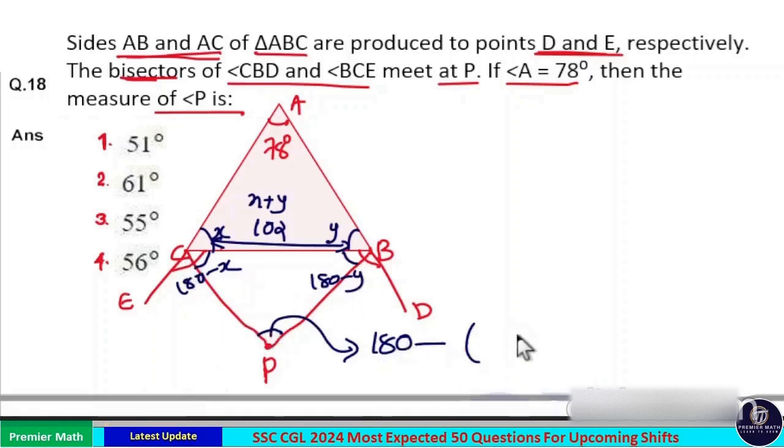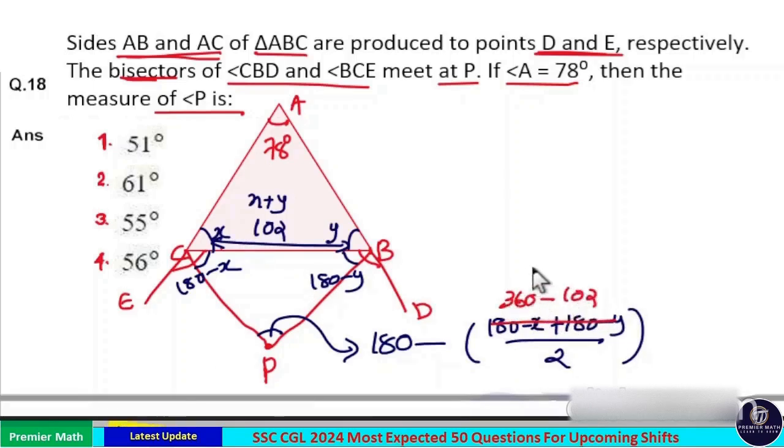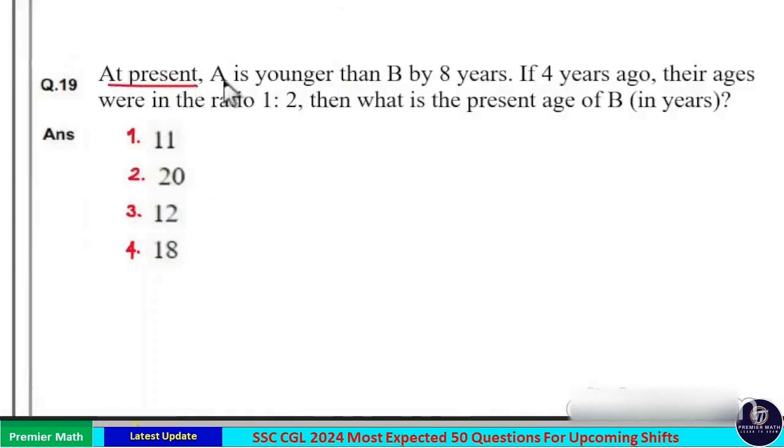So sum of other two angles is equal to (180 minus X plus 180 minus Y) divided by 2. Now this is equal to (360 minus (X plus Y)) by 2. X plus Y is equal to 102. So 360 minus 102 is equal to 258. Then 258 by 2 is equal to 129. Then 180 minus 129 is equal to 51. So option